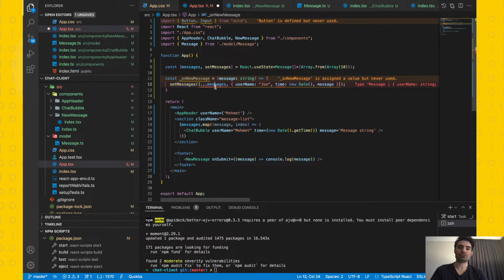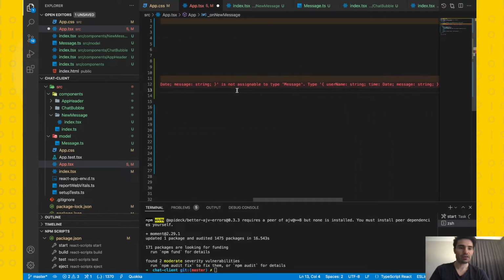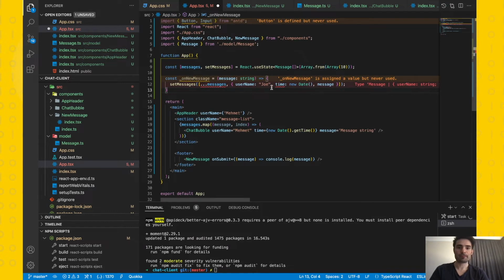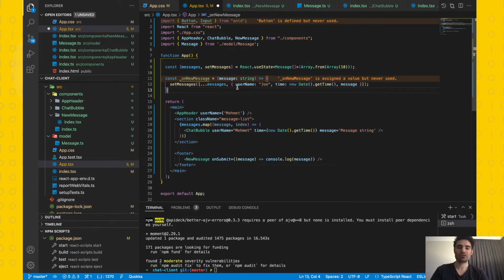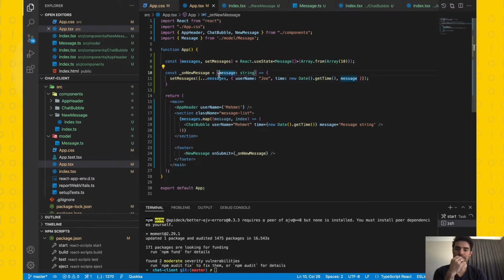GitHub Copilot suggests like this, but not fully correct. We can get time here, and voila, it's okay. Now we can call this method from here. We can also delete these lines. And we can pass our